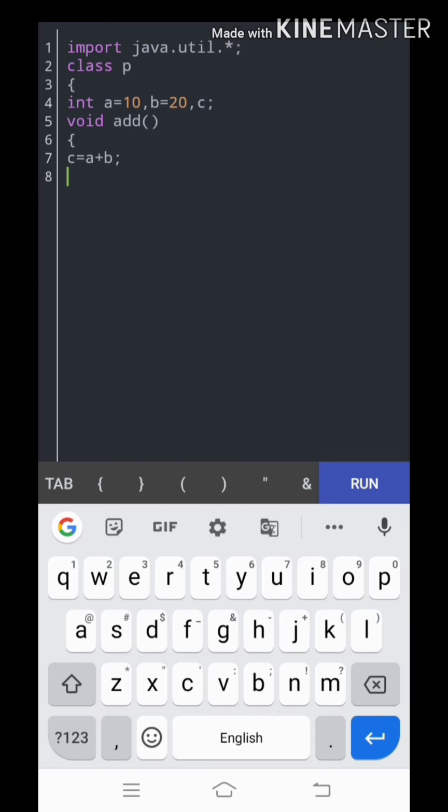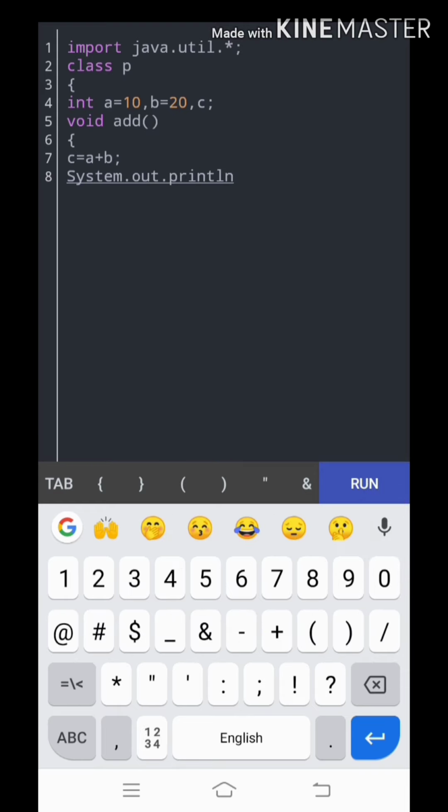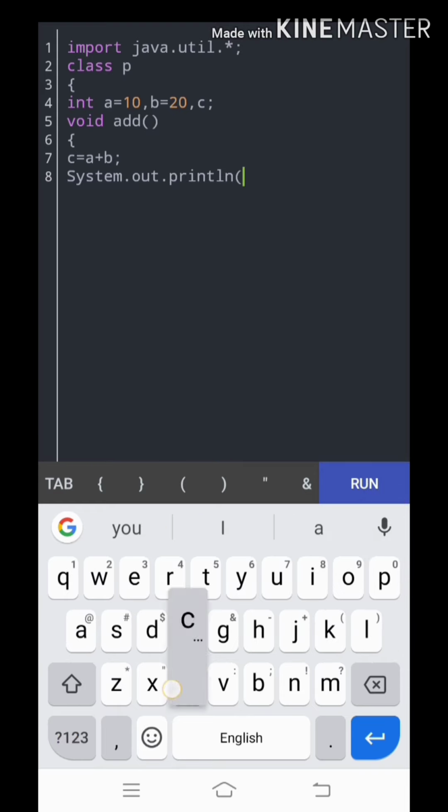As we have to display it in the output section, I am going to write System.out.println. Directly I am printing the c value and closing the method.